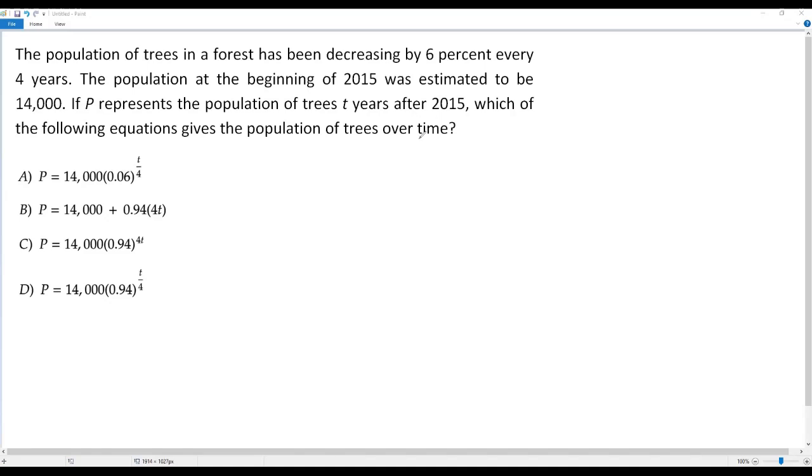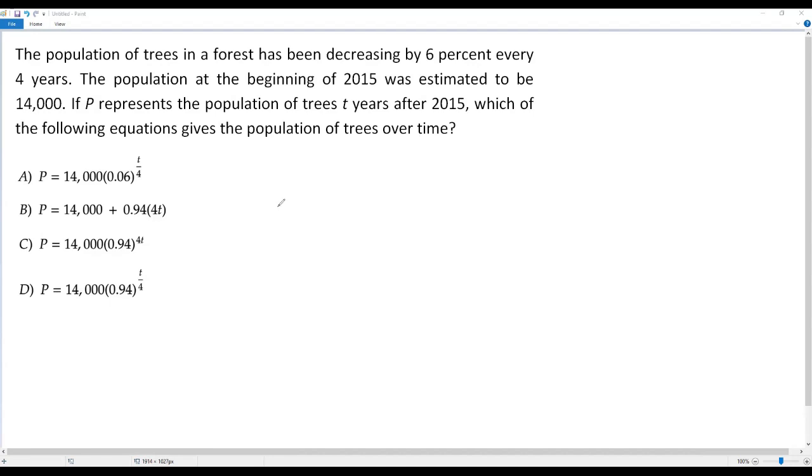Here we have a SAT math problem. Okay, let's go to the question. The population of trees in a forest has been decreasing by 6% every 4 years. The population at the beginning of 2015 was estimated to be 14,000. If P represents the population of trees T years after 2015, which of the following equations gives the population of trees over time? Okay, here when we consider the given information and also the answer choices, it's very clear it